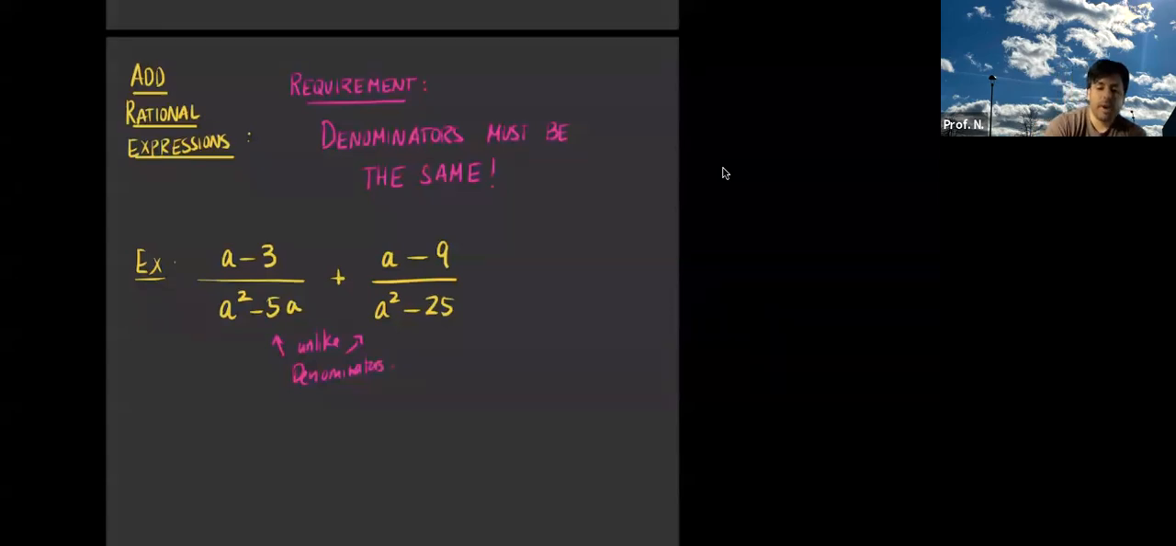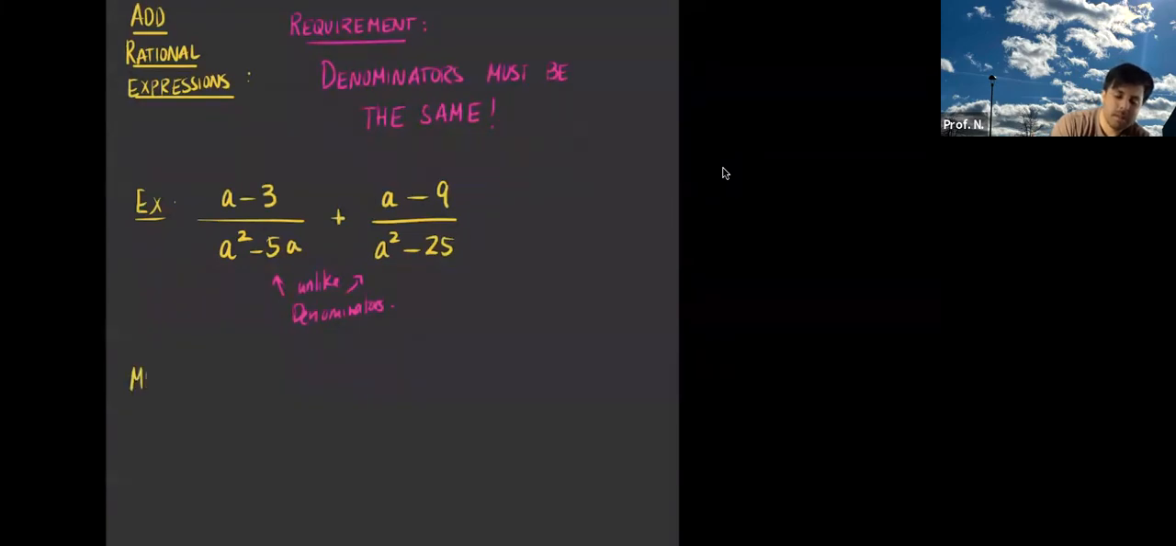But the requirement to add or subtract, particularly here to add, is that we need to make the denominators the same. Now, how do we do that when we talk about rational expressions? We know how to do that when we talk about just regular numbers, right? So how do we do that here? So to make the denominators the same,